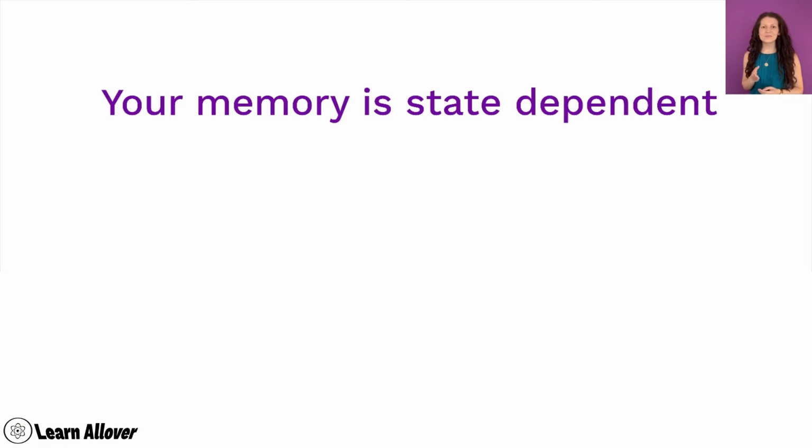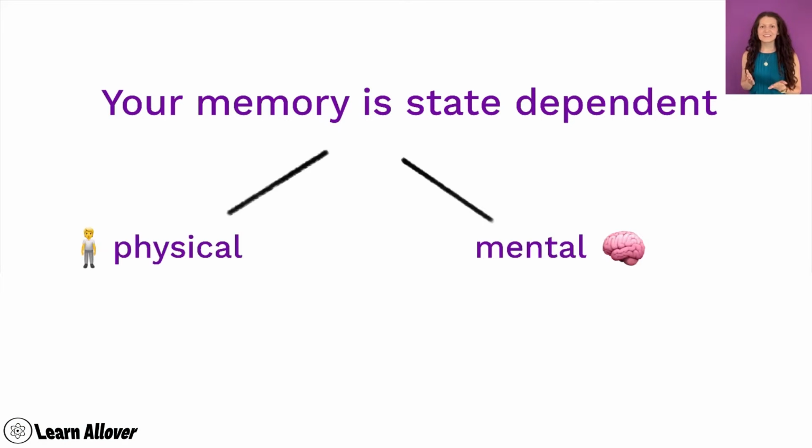First of all, your memory is state dependent. That means your physical and emotional state. Research has shown that you are more successful in a test situation when you were in the same emotional state when you were encoding the information. That means if you were in a good mood while studying, you're more likely to remember something that you studied when you are in a good mood in the test situation as well. So you rely on those similarities between the two situations in order to remember well.